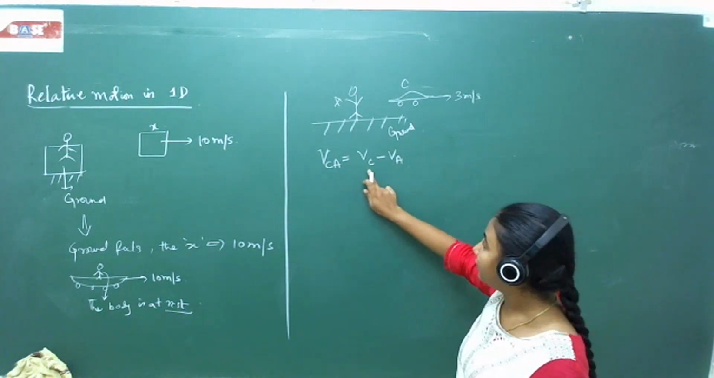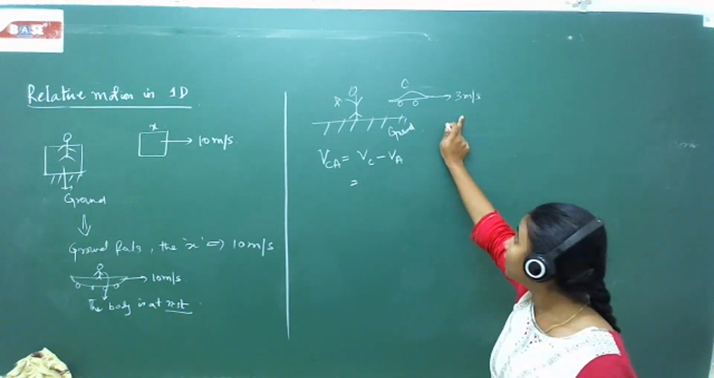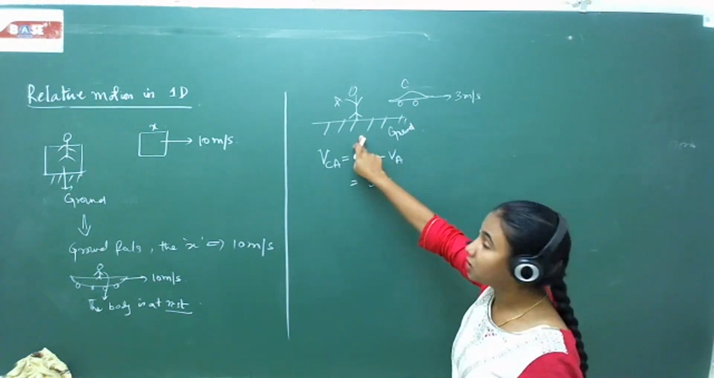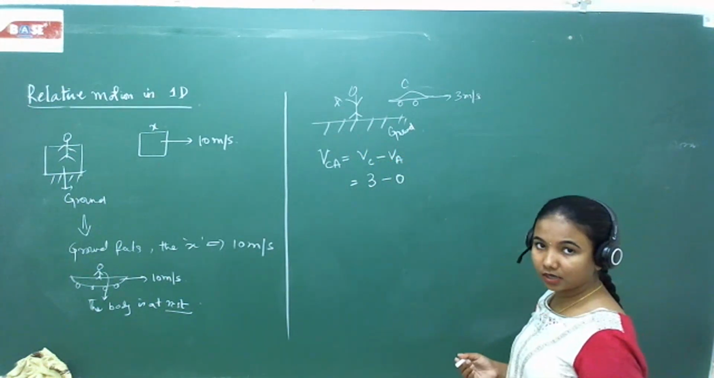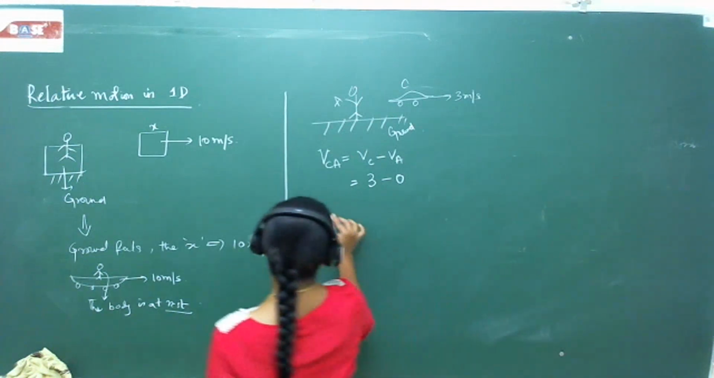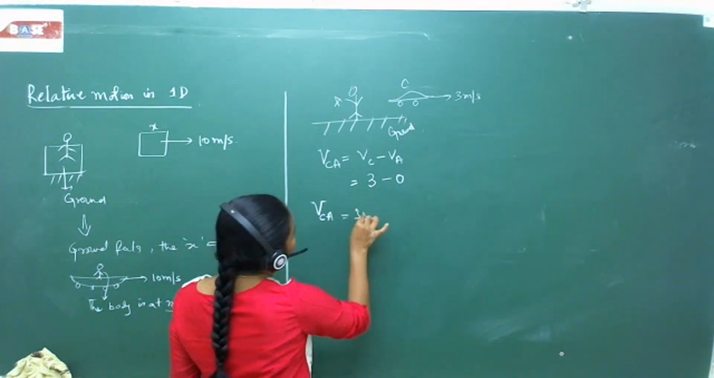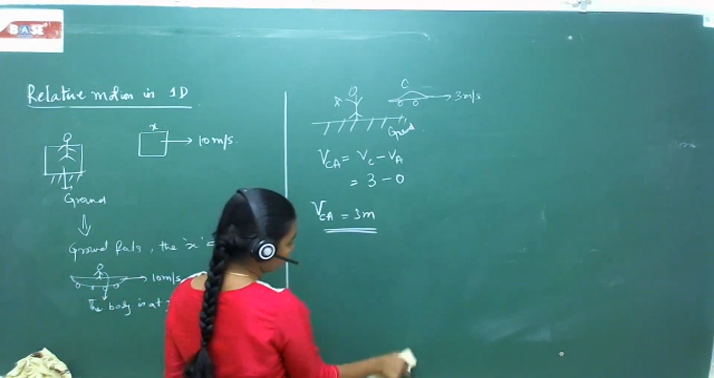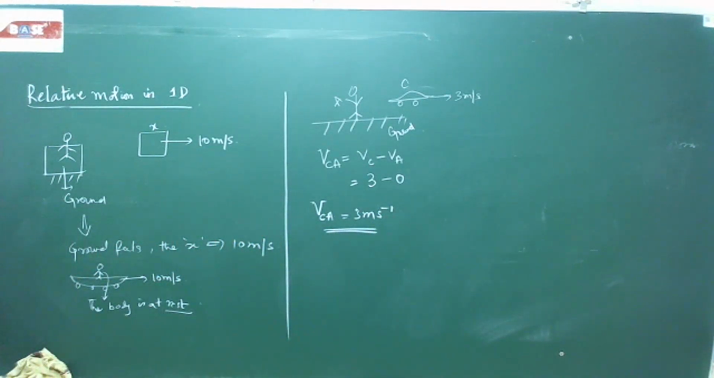So I will write VC minus VA, and the velocity of the car is 3 meter per second minus the velocity of the person who is standing on the ground. What is that? 0, because he is at rest, right? He doesn't have any velocity. So we find the velocity of the car with respect to A is nothing but 3 meter per second. This is how you write. So similarly,